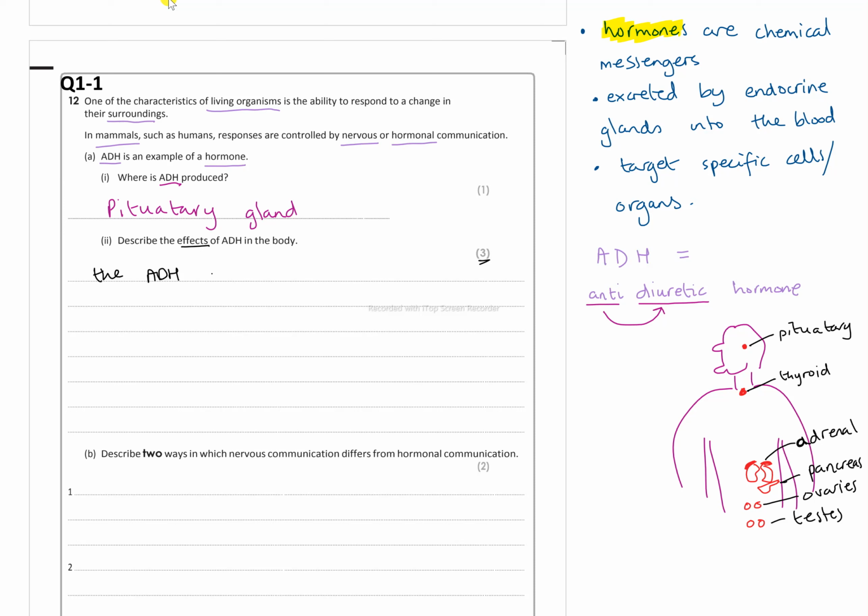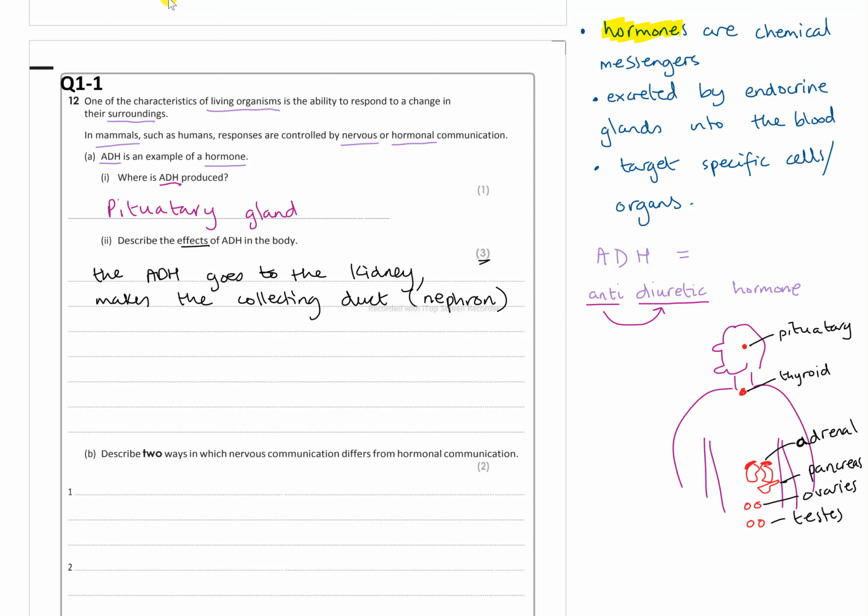It goes to the kidney and makes the collecting duct. Right, okay, forget that. Let's just put down the collecting duct. Where is it? It's in the